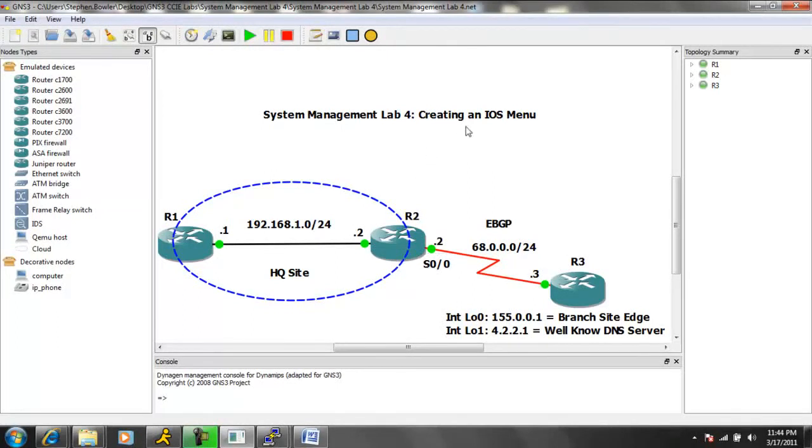So again, in this lab we're going to be taking a look at creating an iOS menu. Say we have a customer which is simulated by router 1 and router 2, and the branch site edge, which is one of our customer's branch edge sites. And this customer, we want to limit their capabilities on the router. Say they have a little experience on Cisco routers but not enough, so we don't want to give them full access to the router. So what we can do is create an iOS menu, and then we can